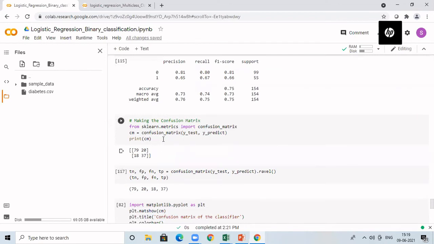And for confusion matrix, again, we are going to pass two arguments. One is y_test, and another is y_predict. And you can print the confusion matrix. Now, if you see this confusion matrix, it is a 2x2 matrix. It is having 4 entries. The reason is, in our outcome, we have only 2 different labels. So the number of classes will be determining the size of your matrix. Since we have 2 labels in our outcome column, we have a 2x2 matrix.